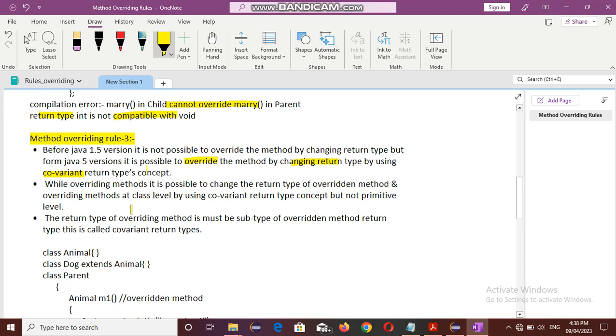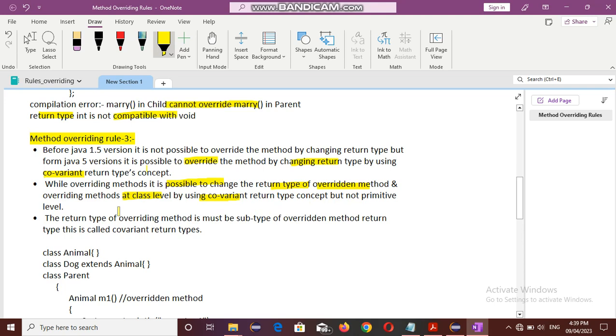So what is the covariant return type concept? It is possible to change the return type of the overridden and overriding method at class level, but not at primitive level.